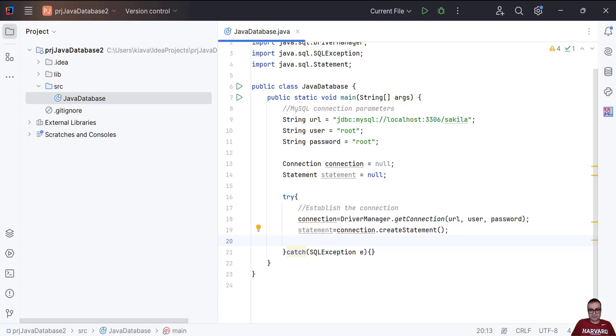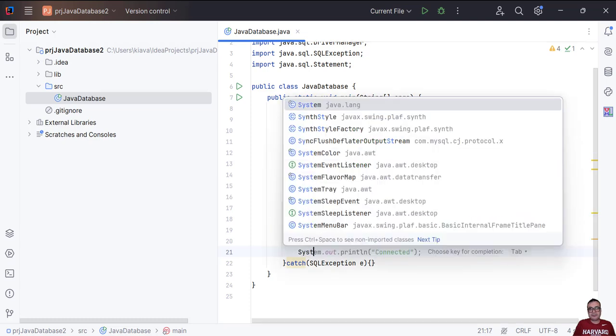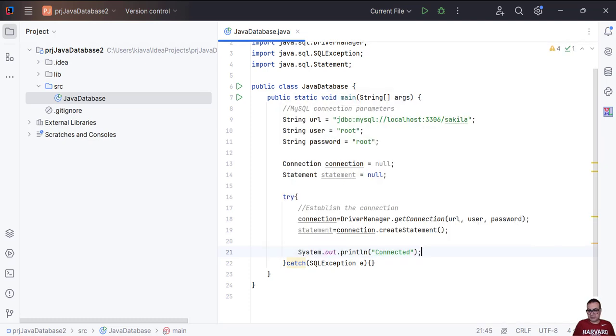Now it's time to include the select statement, but before that I would like to have a header on top of the result. So in that case, maybe I can say System.out.println, and I would like to include the